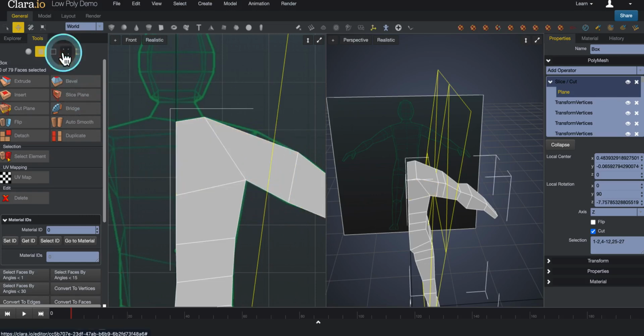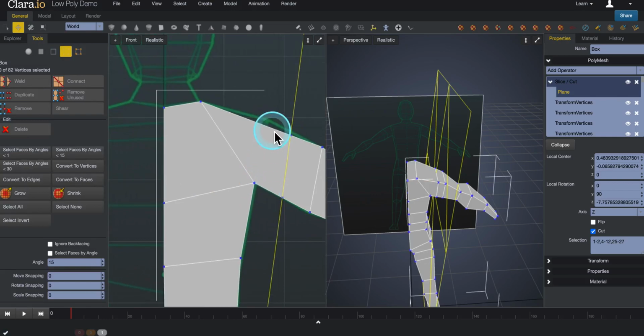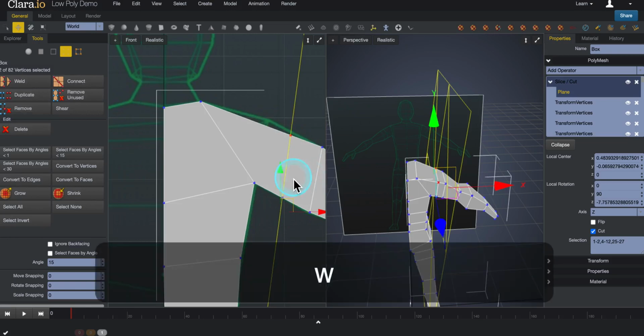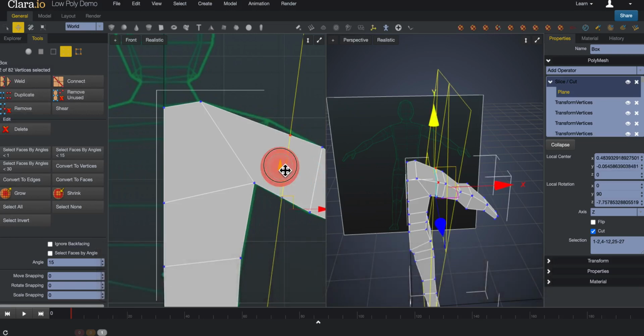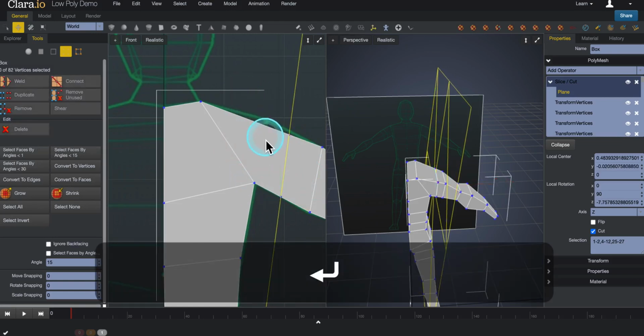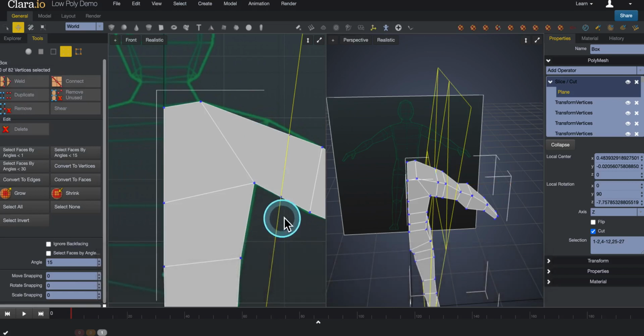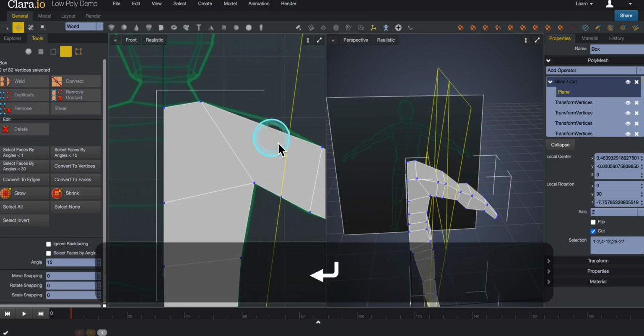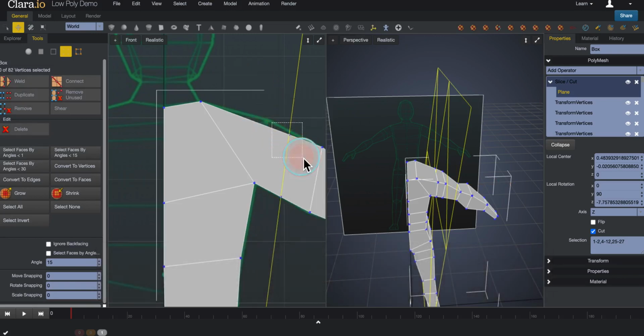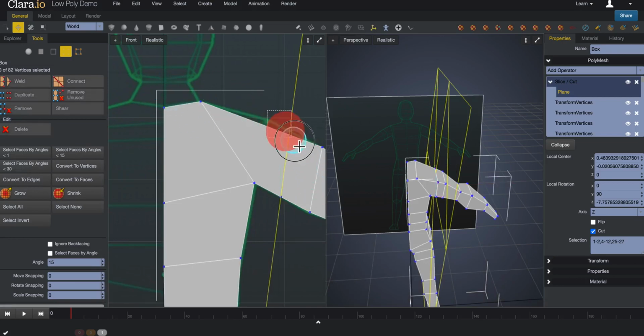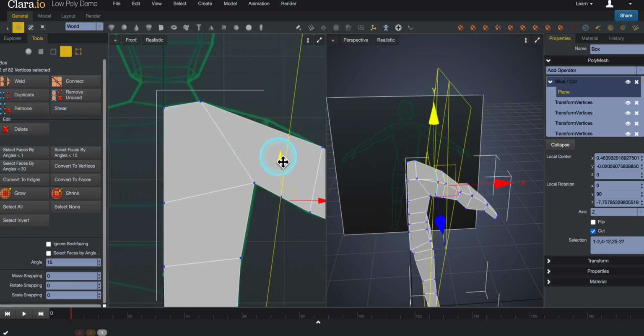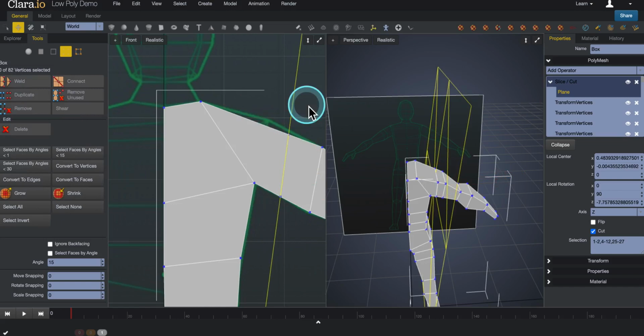All right, so now I'm going to switch to vertex mode, and now you'll see that I have some new vertices and edges going right through. So now I can select those vertices. I can get into the move tool. And I should be able to move, but it's not working. I've got the plane there, but it looks like it hasn't taken effect. What is going on? See, it's letting me move the plane, but